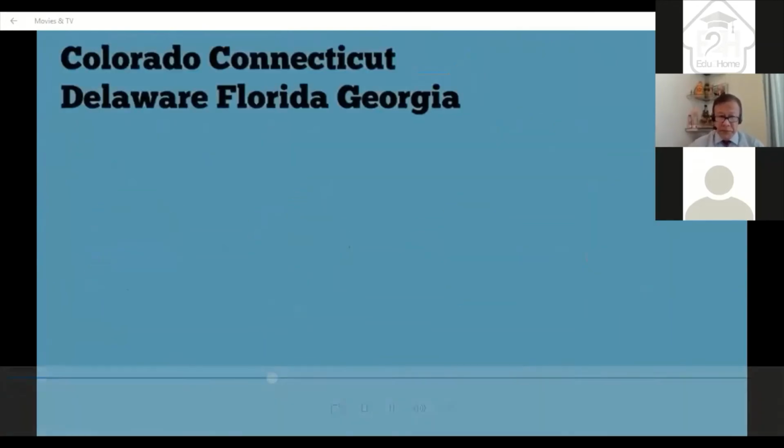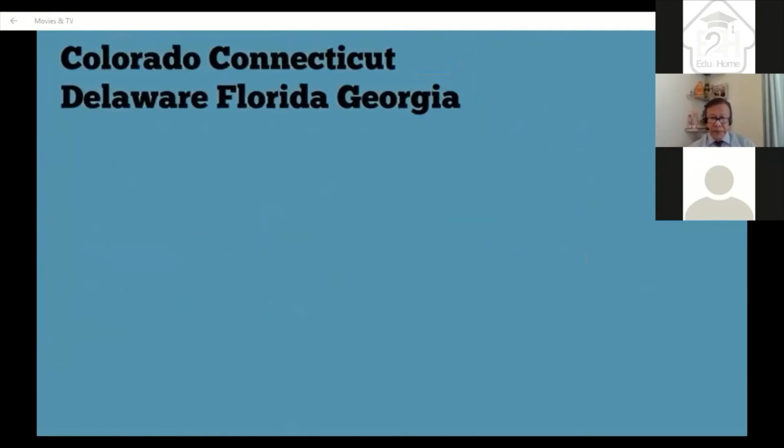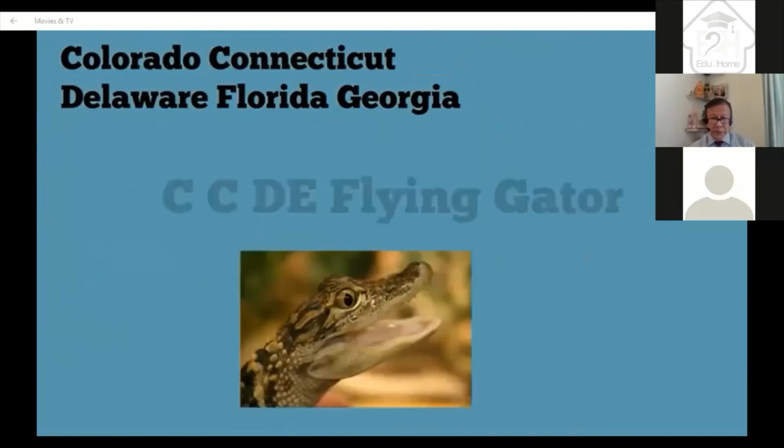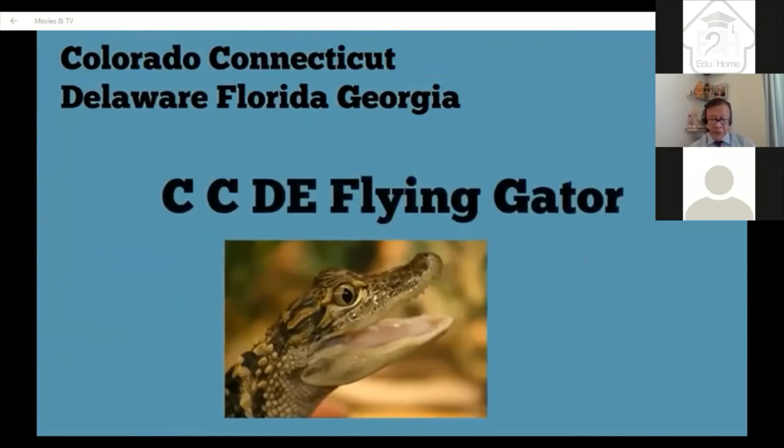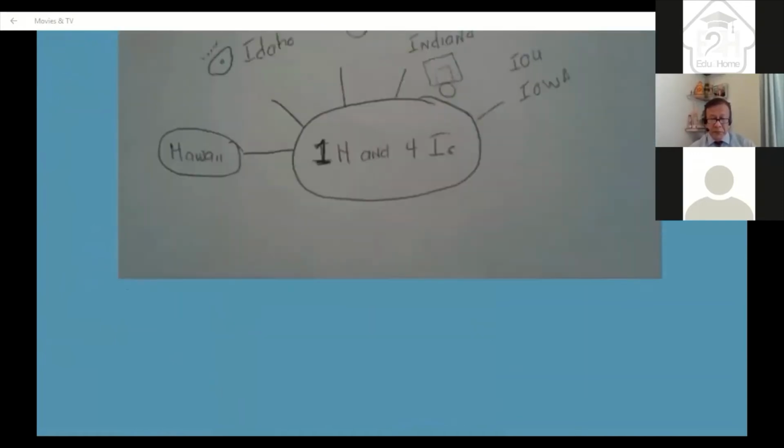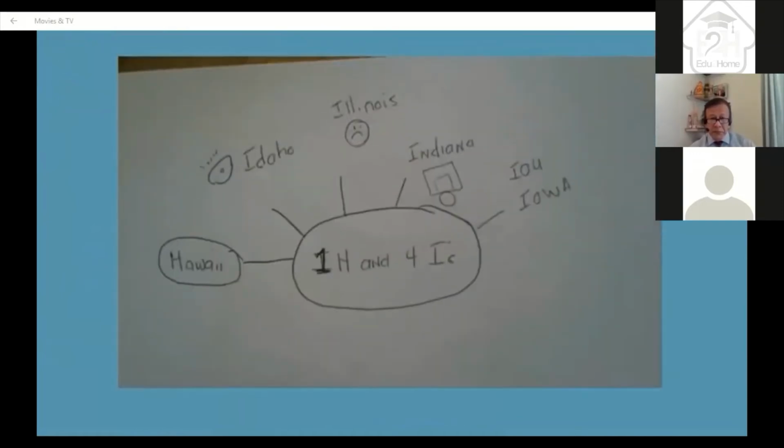Second, I will use a mnemonic device. The states are Colorado, Connecticut, Delaware, Florida, and Georgia. So I would use CCD Flying Gator. It's silly, but it will give me a cue or anchor to help remember these words. Next, I will draw a picture to help me remember the 5 states. Here's the picture. I have an eye for Idaho, an ill person for Illinois,